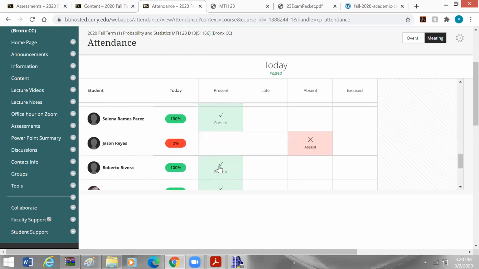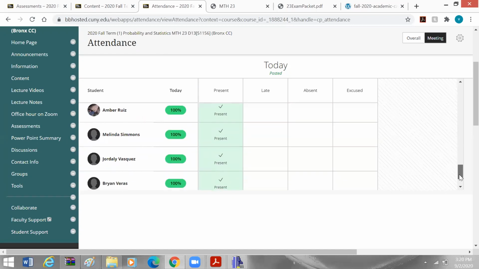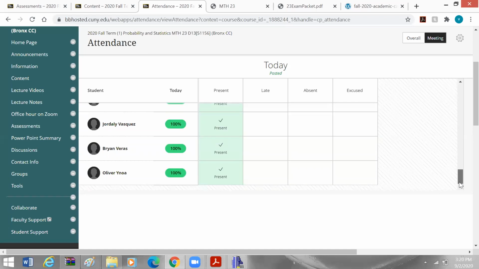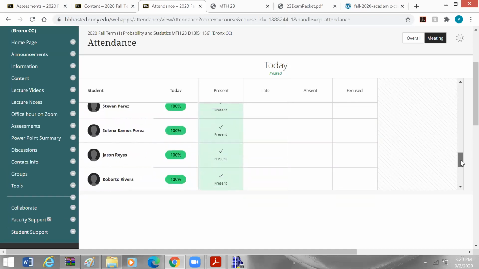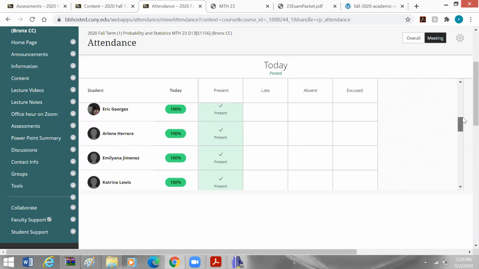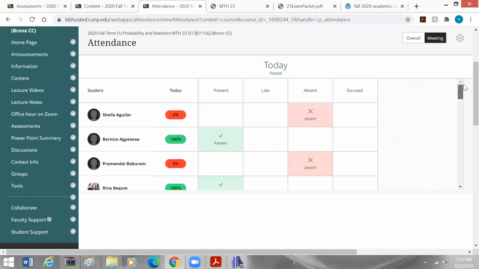Oh, okay. My other question is, if you have accommodations, do I send you an email? Absolutely. You have to send me an email, which means that you will be allowed to have 2 hours on the exam instead of an hour and 50 minutes. I think I have more than that, but I'm going to send you an email. You have 1.5 times more time than the other people. Okay. All right.